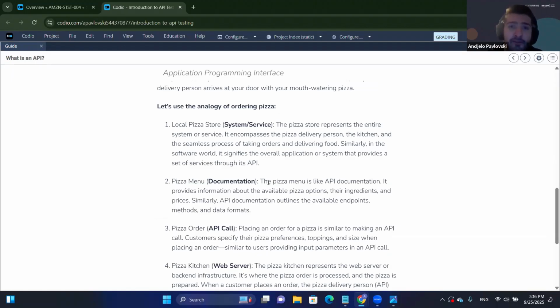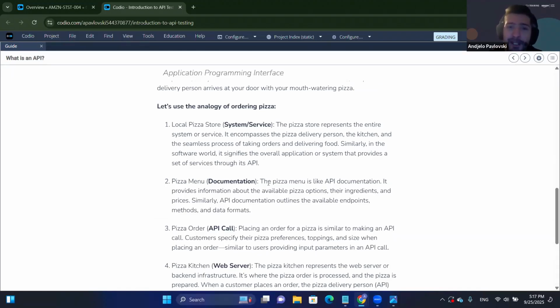And there you have everything. So you have the delivery person, you have the kitchen, you have the process of taking orders, delivering the food, the server. So everybody is part of that system. Everybody is working together. Then when you go there or you decide to order online, right, depending on your preferences,